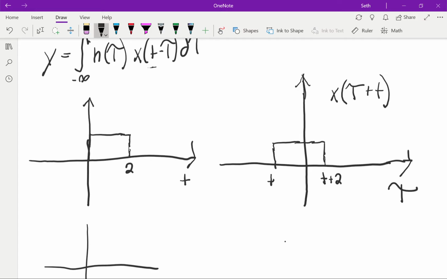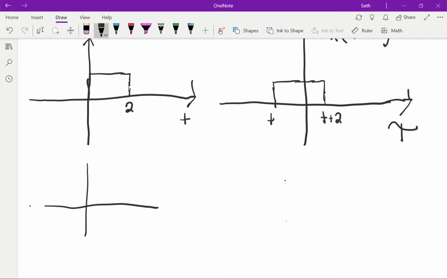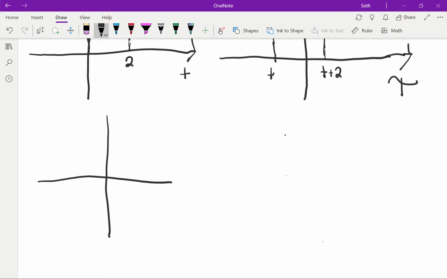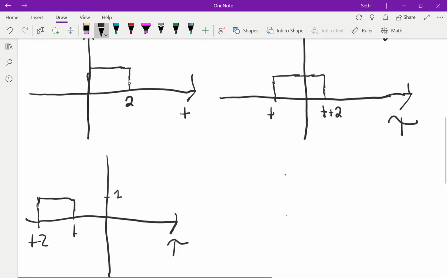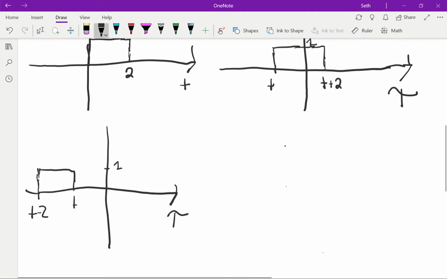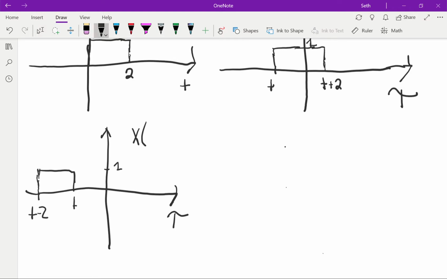So now we need to find x of minus tau plus t. So now we just reflect this. This is the tau axis, so this is going to be t minus 2 here, since we're reflecting it. This is why I think it makes it easier to look at. This is going to be t, just amplitude 1, of course. I didn't put that up here. Okay, this is x of minus tau plus t, and